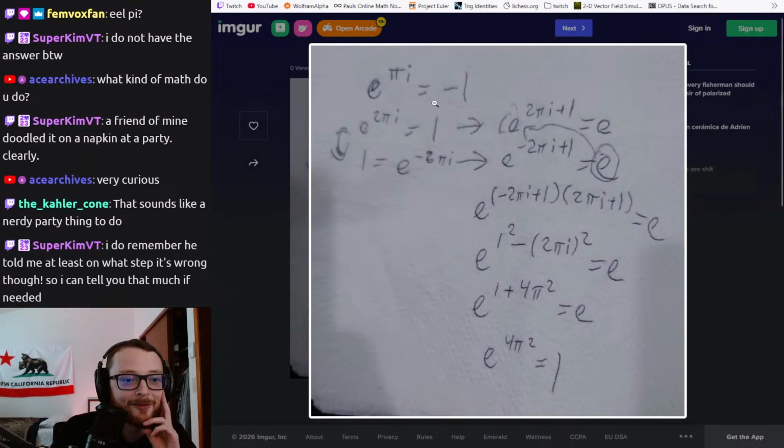Okay, so e to the i pi is -1, checks out. Same with e to the 2 i pi is 1. Yeah, you can flip each side. Okay. It's apparently proof that pi equals 0, but it obviously can't be right. Okay, so